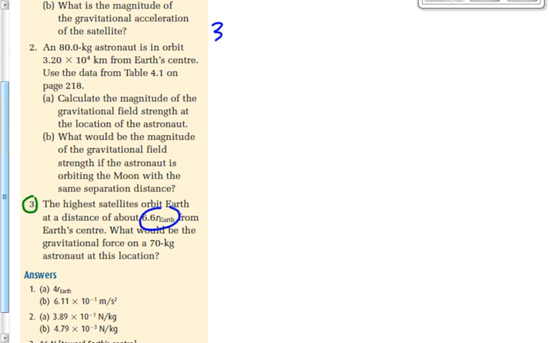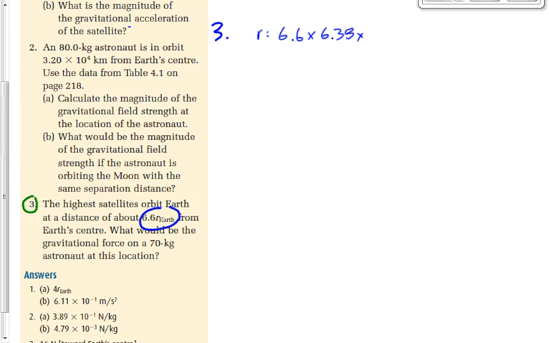There's a couple of options to do number 3. I'm going to do it the way that's consistent with what I taught you yesterday, and then I'm going to do it the other way, which is a little bit shorter, but it's still okay. Both of these methods are okay here. What do we got here? We got a distance from the Earth of 6.6 times